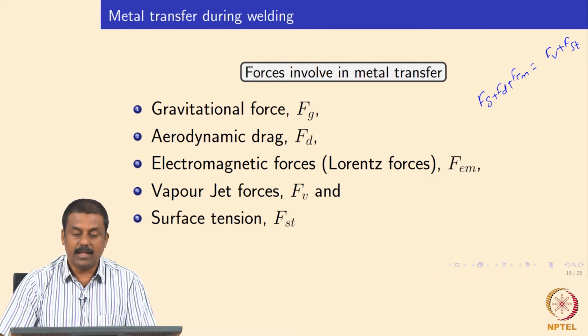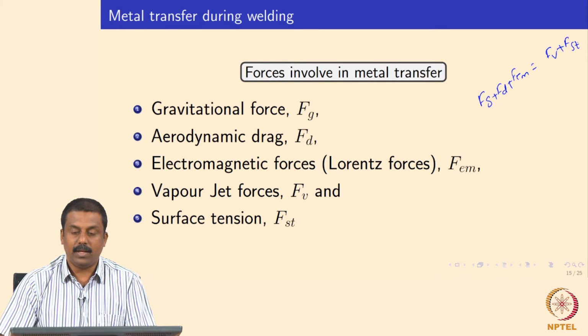The Lorentz force generally aids the droplet transfer, and if you increase the current, you also increase the Lorentz force. So obviously you can then detach the droplets in much smaller size where Lorentz force supersedes your gravity effect. At lower currents, you can imagine that the main force that detaches the droplet from the electrode tip is the gravity, because the Lorentz force is minimal. So once the molten droplet gains enough mass, it can be pulled by the gravity. And so that determines the detachment